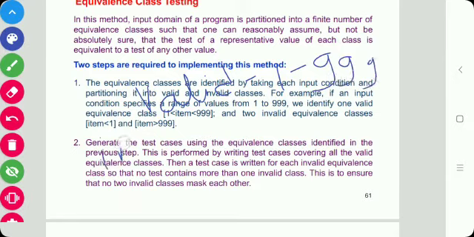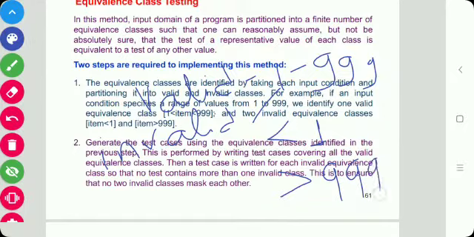Next are the invalid classes, which are less than or equal to 1, meaning all the negative values and 0, and the third invalid class is greater than 999. Okay, so there are three classes for this condition. If the value of the variable is between 1 to 999, the first class is valid, that is 1 to 999, the invalid class which is less than 1, and the second invalid class which is greater than 999.